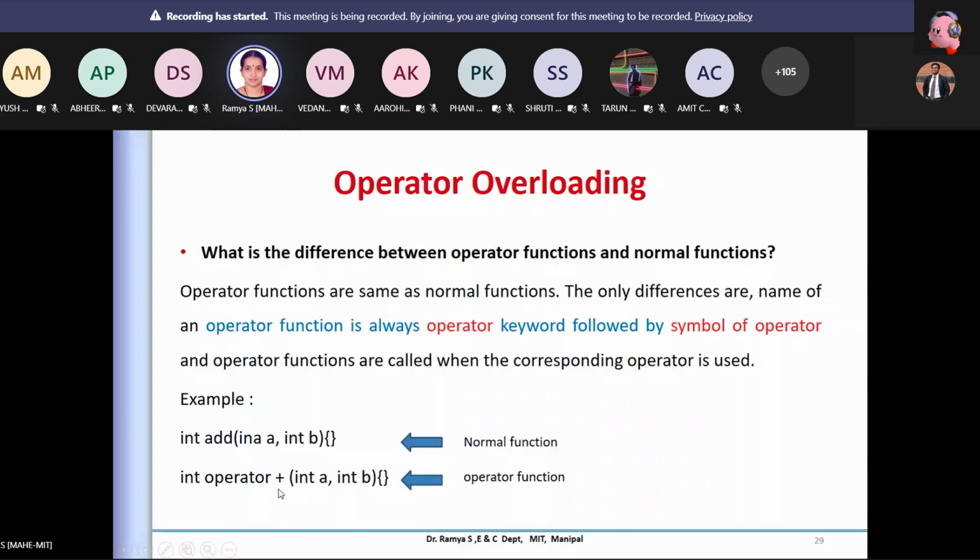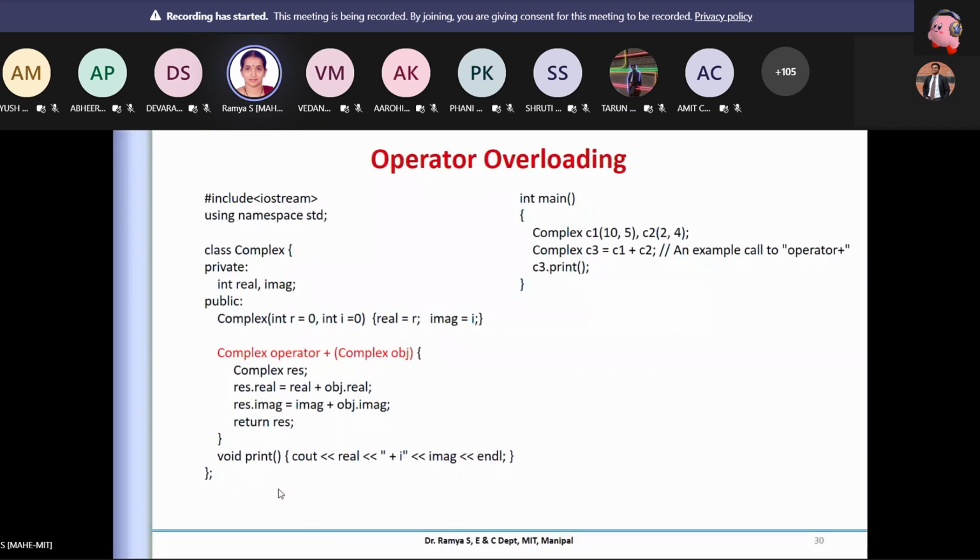Now let us take an example. I think most of you, if you see any of the books, it is the simple example. This is the usual example we see. Usually with a complex number, I have two parts: the real part and the imaginary part. When I do the addition of any number, it is always supported with one variable.